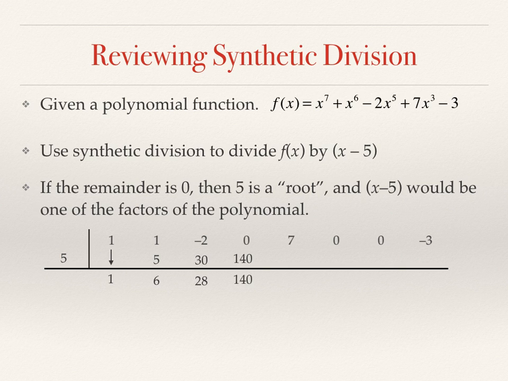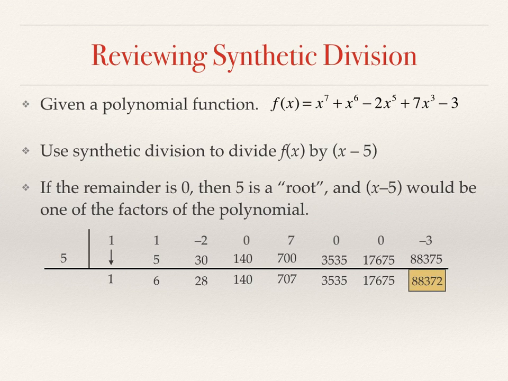We add the column, multiply 140 by 5, and we add to get 707. Multiply that by 5. We add, multiply that by 5, and add to 0, and finally multiply this last number by 5. When we add with negative 3, we get a remainder of